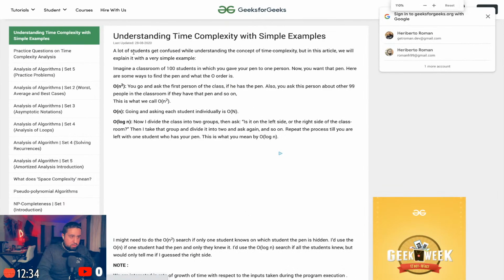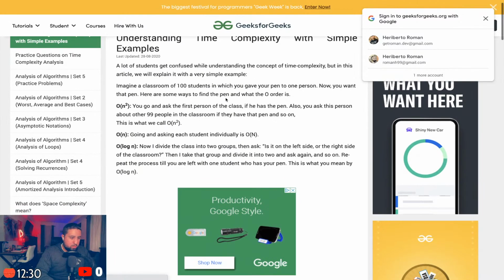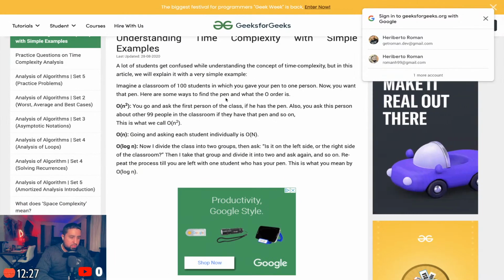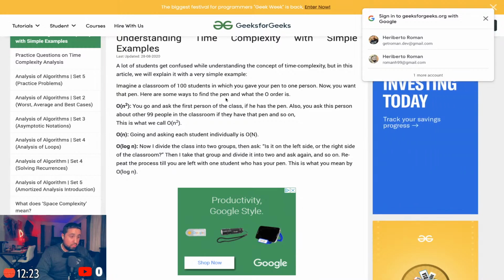Let's make this bigger. Understanding time complexity with simple examples. A lot of students get confused while understanding the concept of time complexity, but in this article, we'll explain it with a very simple example.